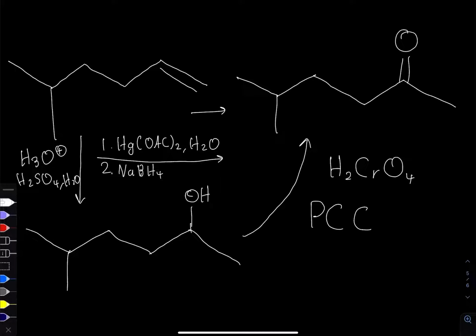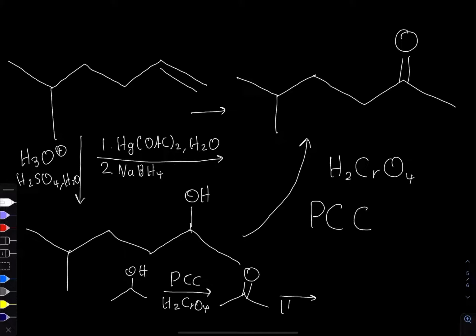In oxidizing, you first have an alcohol, and then you can use PCC or chromic acid and make it a ketone. If it were a primary alcohol, chromic acid would have taken it all the way up to a carboxylic acid, but in this case it just ends